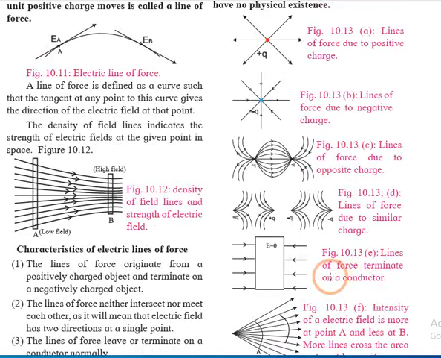This is the overall summary of all these characteristics. But you are not supposed to draw only this. You have to write all these characteristics and then you can draw that diagram. If you don't draw the diagram, it doesn't make much difference, but you have to write down these characteristics.